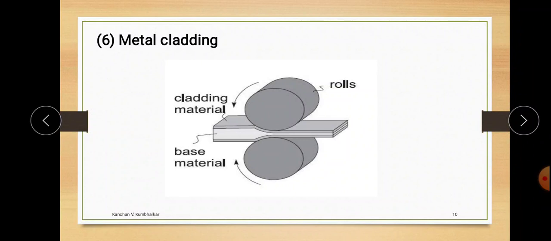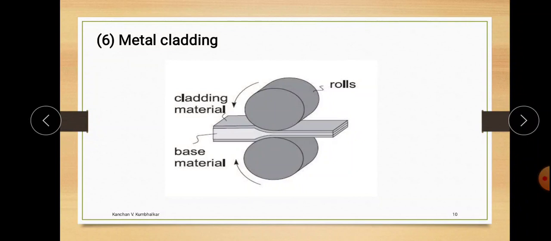In this method, a duplex ingot is cast with the coating material on the outside, and subsequently the ingot is rolled into a plate, sheet or bar, or drawn into a wire form. Steel sheets clad with stainless steel, copper covered steel articles and tin clad lead foil are prepared by this method. Some other methods include first rolling the clean sheets or plates of the two materials together, applying the coating sheet by spot welding or resistance welding, or fusing the cladding material over the surface of the base metal.